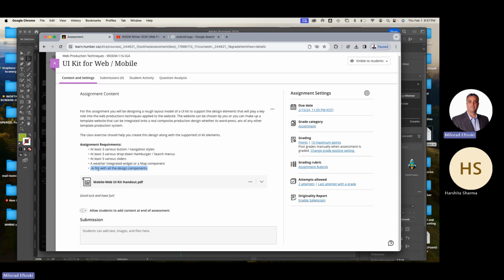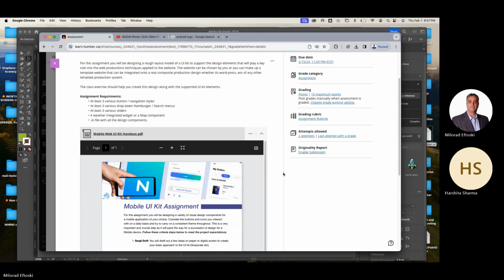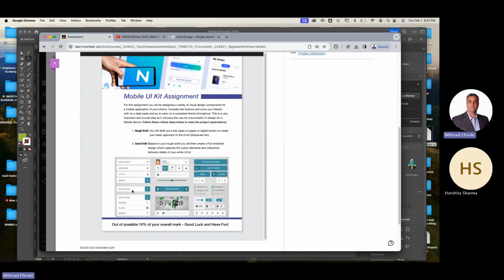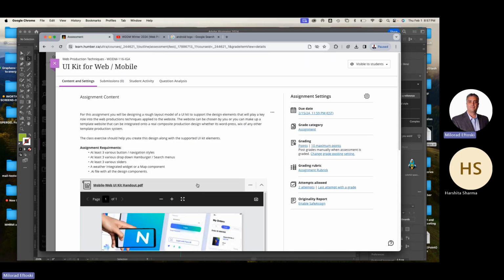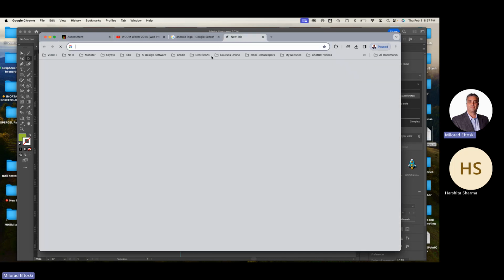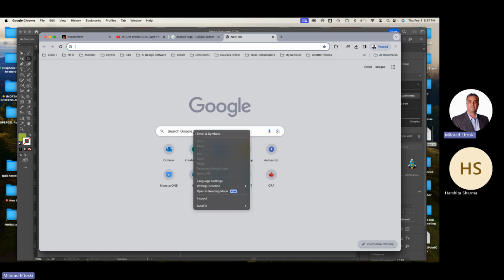I'll show you some examples from my previous students. This is the actual PDF handout. This is an example here, okay? You're going to do this in Illustrator, and I will know you did it in Illustrator because I can see your outlines. Remember, I can press Command Y, right? But there's other ways as well. Just so you can see other UI kits,